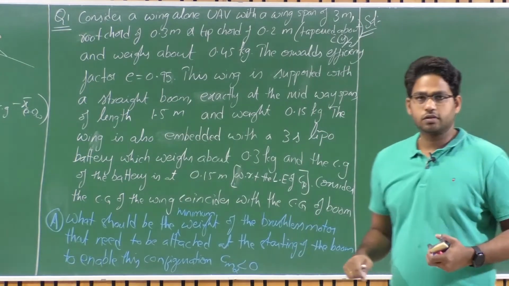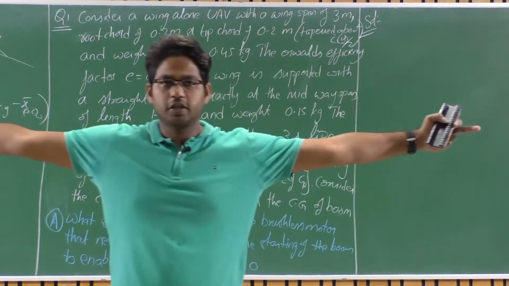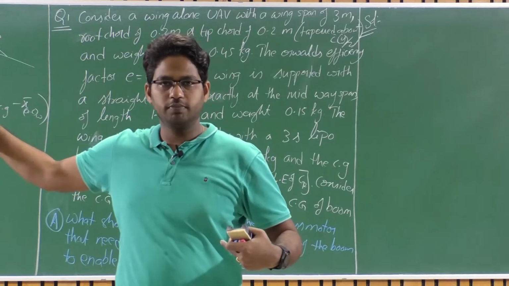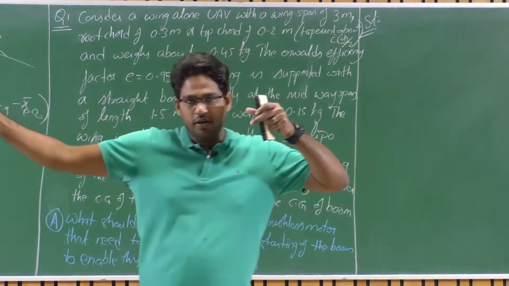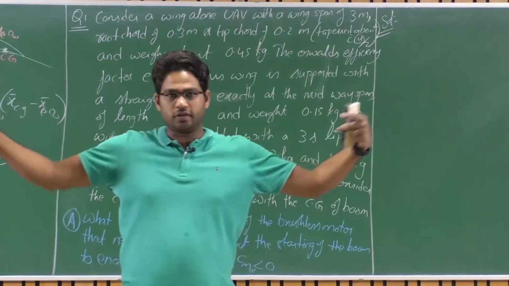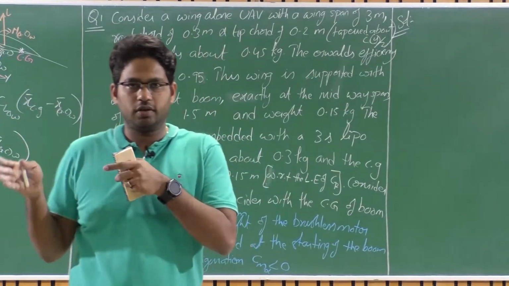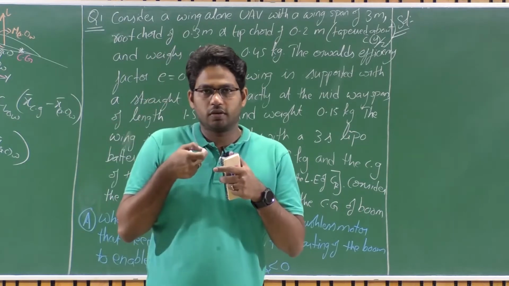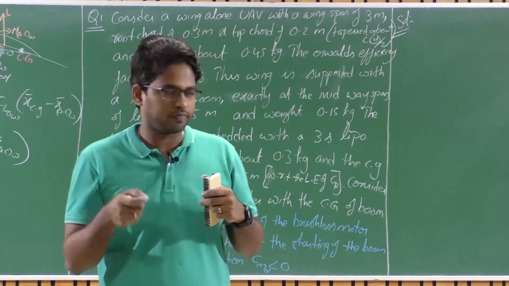So what we are asked to do: we have a wing of 3 meter span with a root chord of 0.3 meters and a tip chord of 0.15 meter, and this taper happens about the mid chord axis at each and every cross section. If you consider a given chordwise location, the midpoint of that particular chord gives you the taper axis.